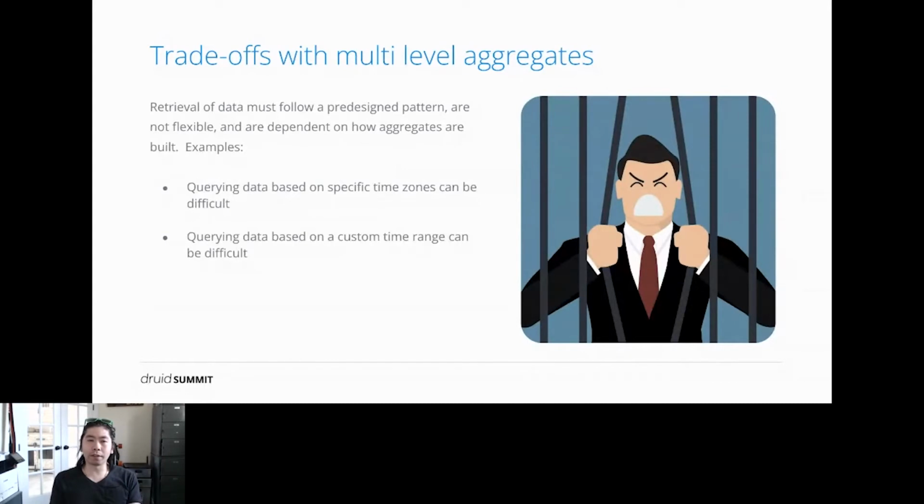If you have a customer that has multiple time zone regions and they literally want the report, one manager wants the report in Pacific time zone and another wants it in Eastern time zone, you get into this inflexibility problem. Not to mention that we're bucketing it to 7 days, 30 days, and so forth. So if they want a custom range, it becomes a little bit more difficult to manage.